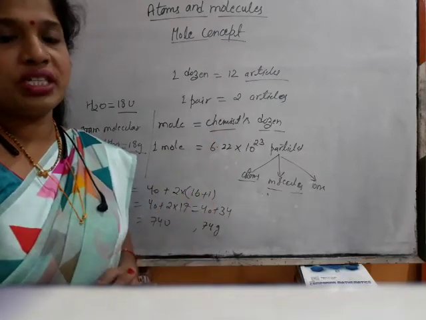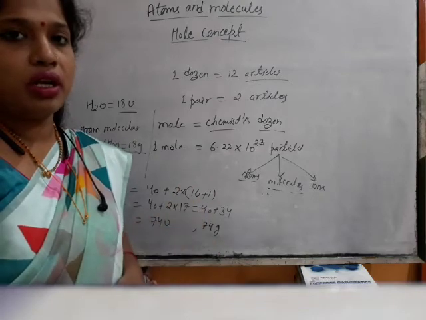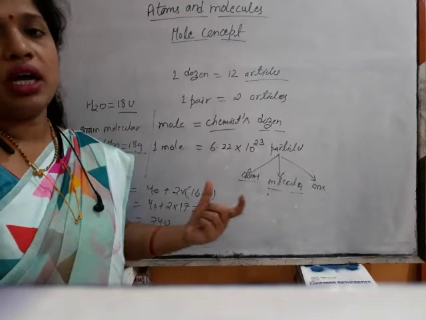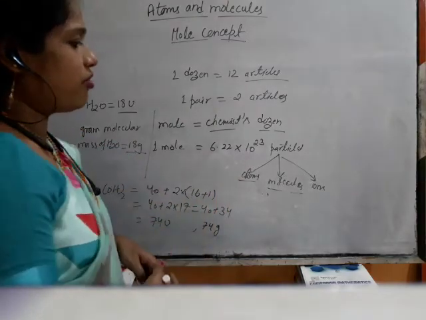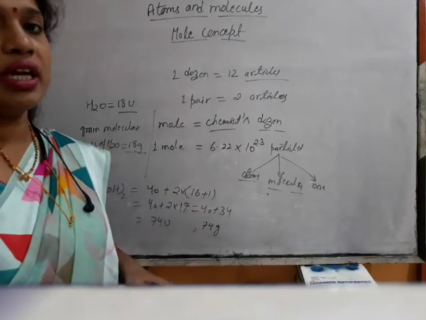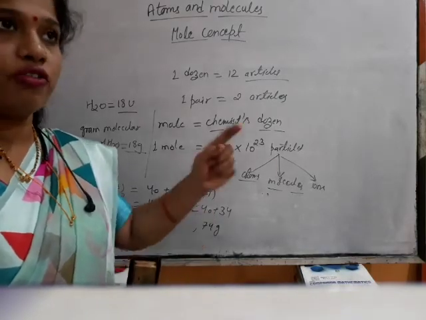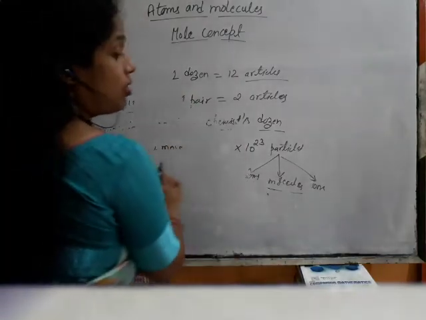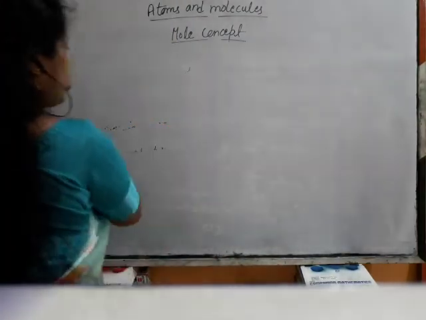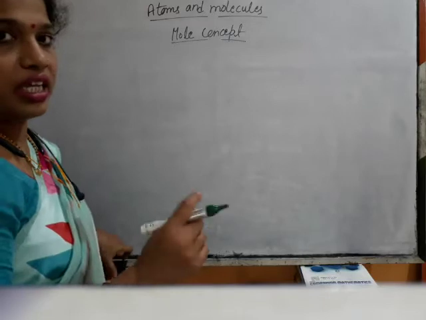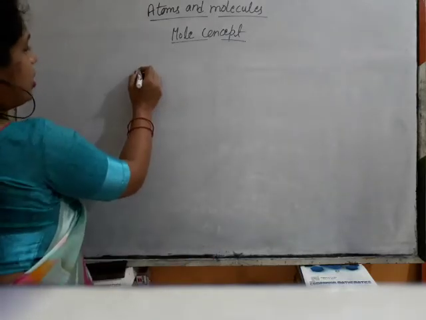Now I told you to find the number of moles in the given amount. Suppose hydrogen is given, suppose sodium is given. So for a given amount of any element, we can find the number of atoms present with the relation of the mole with the mass of the atom of an element or of different elements. Okay. So what I am trying to say, just try to understand.